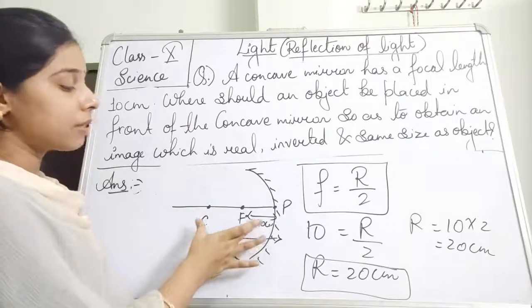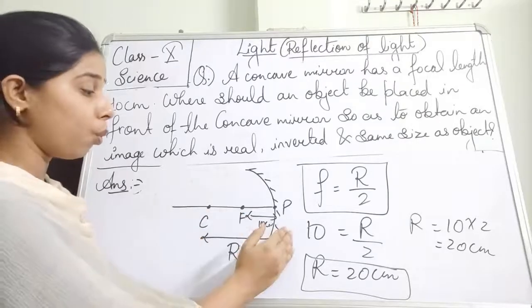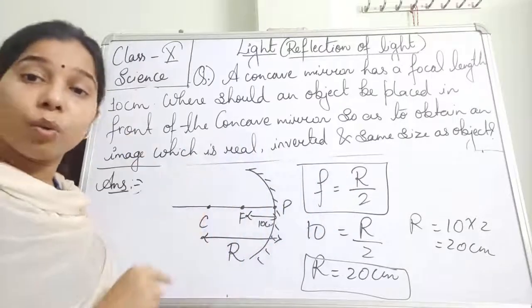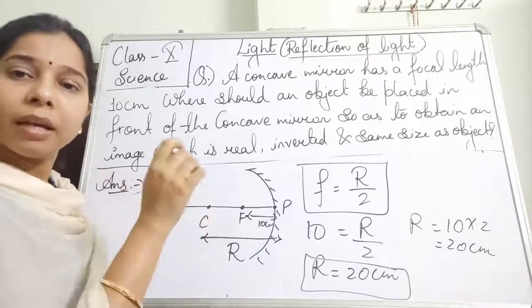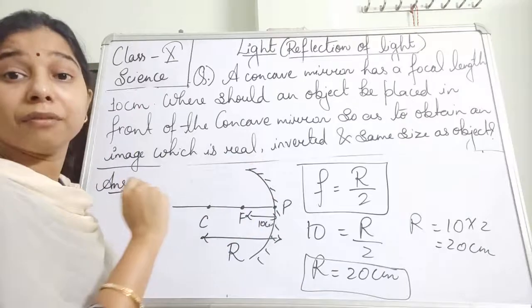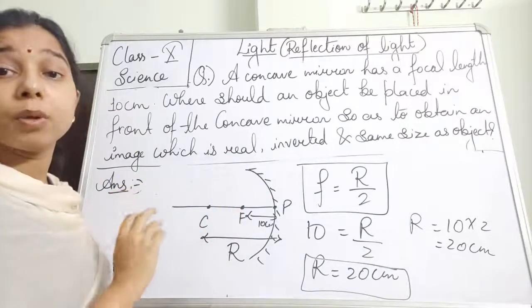Okay, so this center of curvature is actually telling the distance from the center to the pole, and we can find it with the help of r. So if we know the value of r, it will be easy for us to find the focus also. Here the conditions are just opposite, in which the focal length is given and we have to find the distance from the pole to the center of curvature.